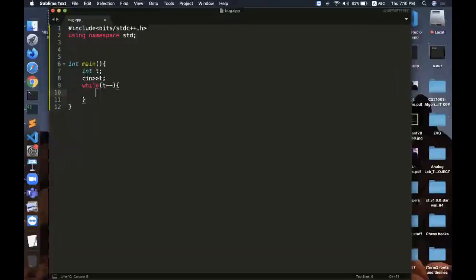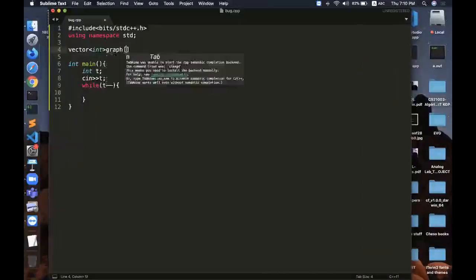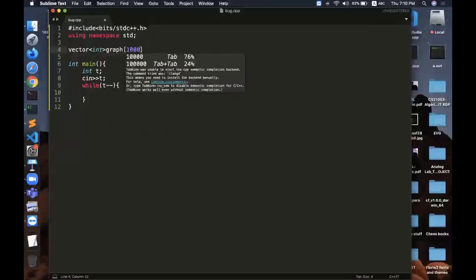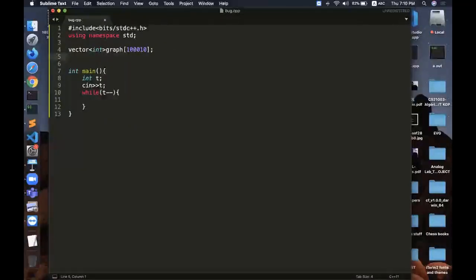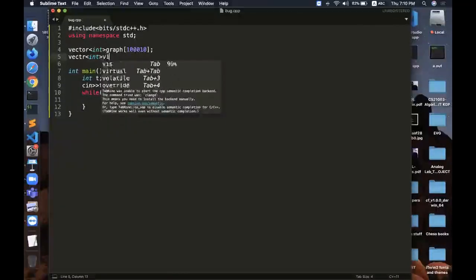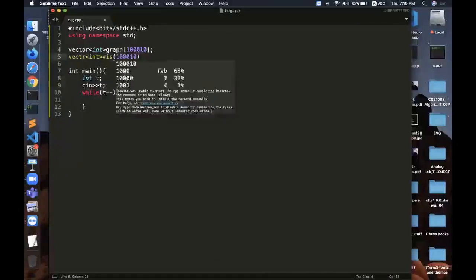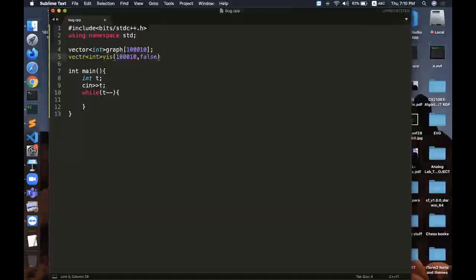And then I have to construct a graph. So let us take my graph, which say is having this many nodes, and I will have to maintain a visited array, which will be initially false. Or maybe I can define it here only.